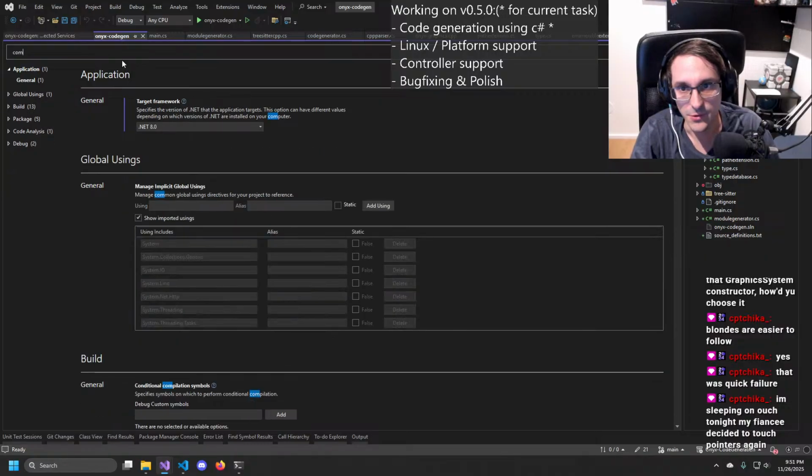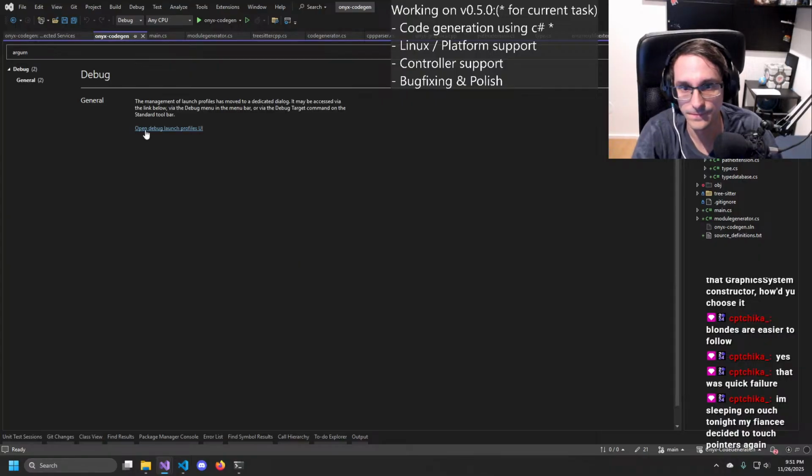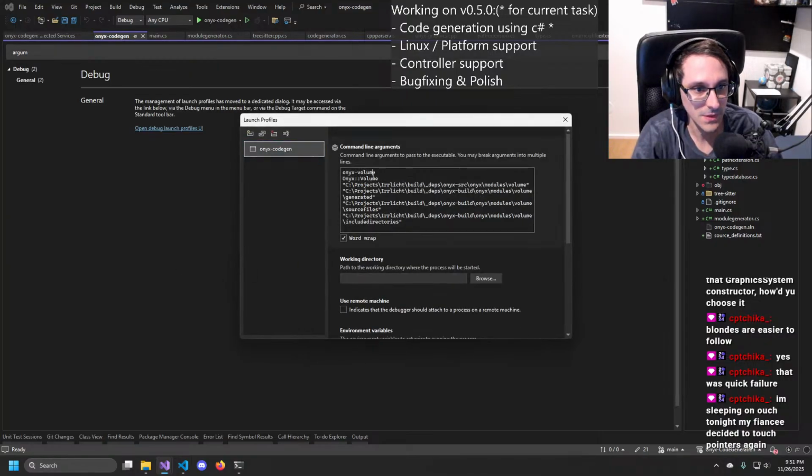So we just go to command line arguments, to here, graphics. I think that should do it.